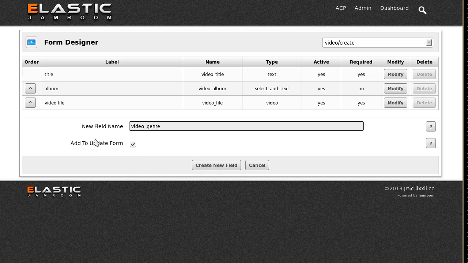So you can make new fields as easily as this: genre, create a new field, and with this checkbox checked, it's also going to add this same video genre to the update form. It's important to have it on both the create and update, or otherwise you wouldn't be able to update it after you created it. So we're going to add the field called video genre